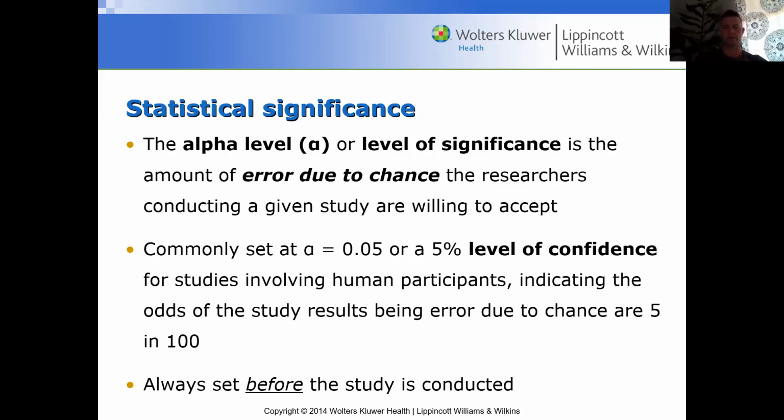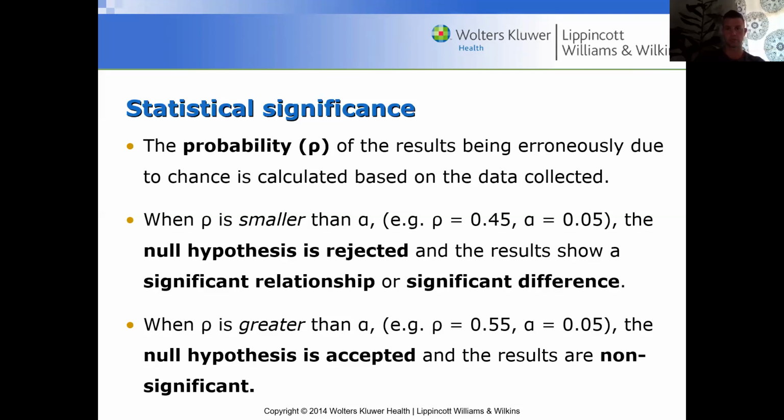And so this is just saying that there's a really low chance that error caused the changes you saw, right? And it's always set before the study is conducted, okay? So probability of the results being erroneous due to chance is calculated based on the data collected. When p is smaller than that, so you got the 0.45